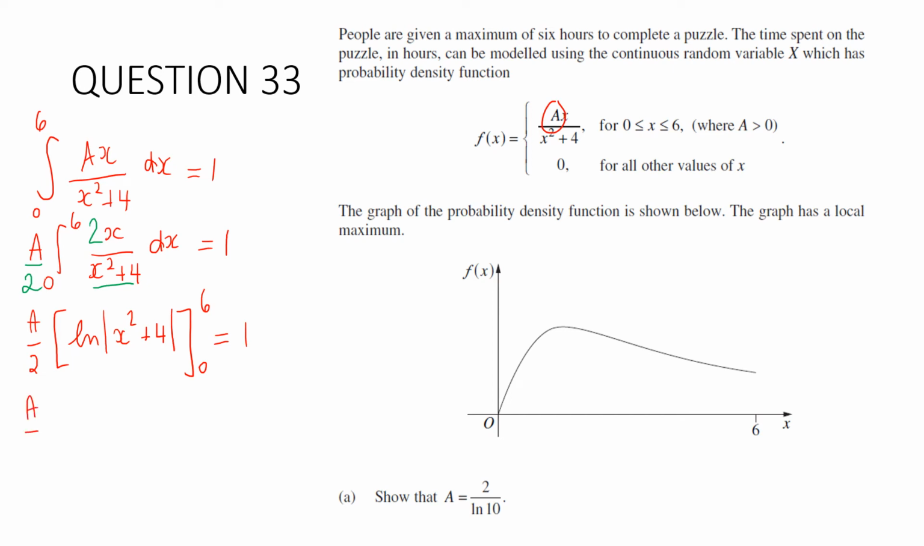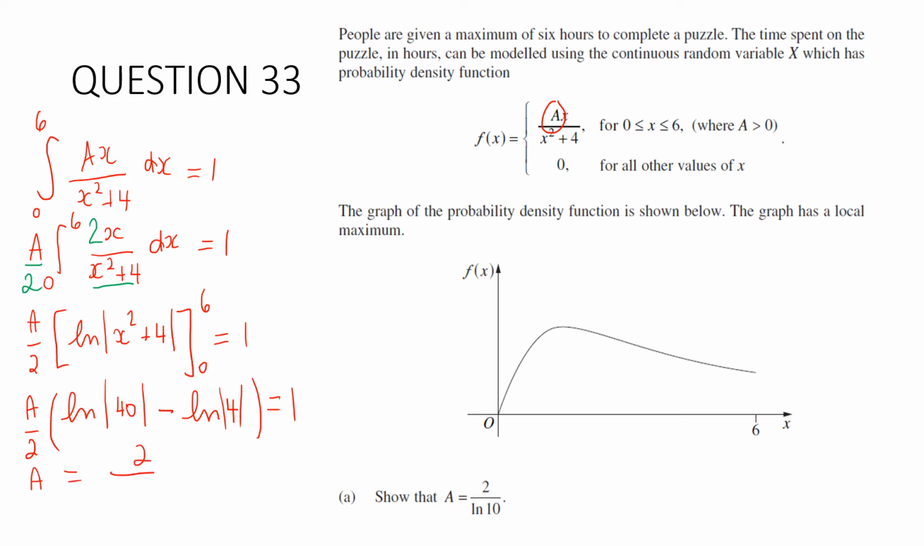A over 2. ln 6 squared is 36, plus 4 is 40. Take away ln 4. I don't really need those absolute values anymore, but never mind. Okay, taking this 2 over the other side,